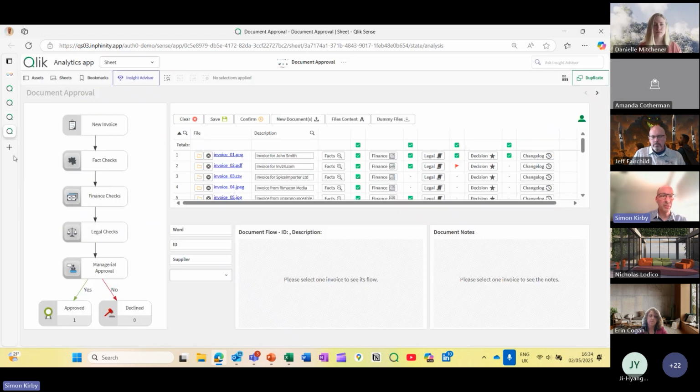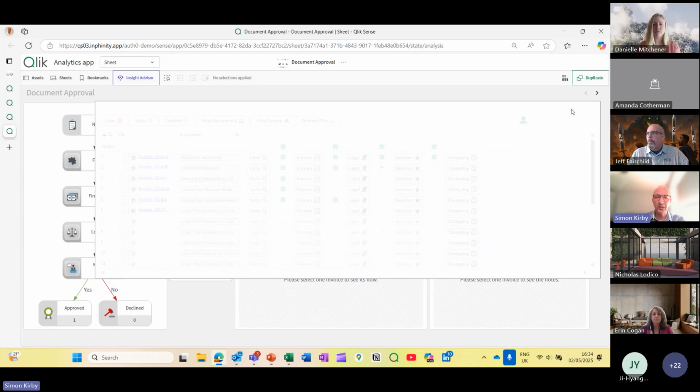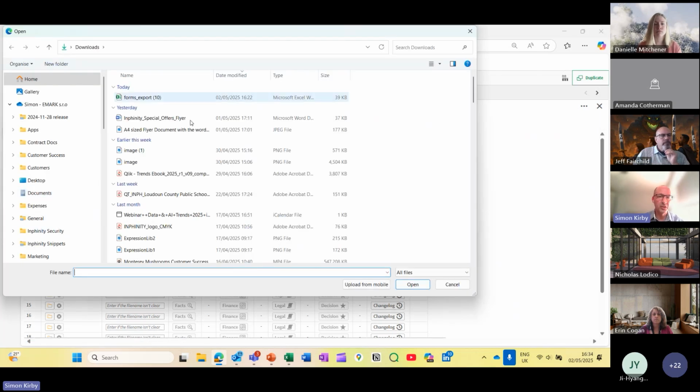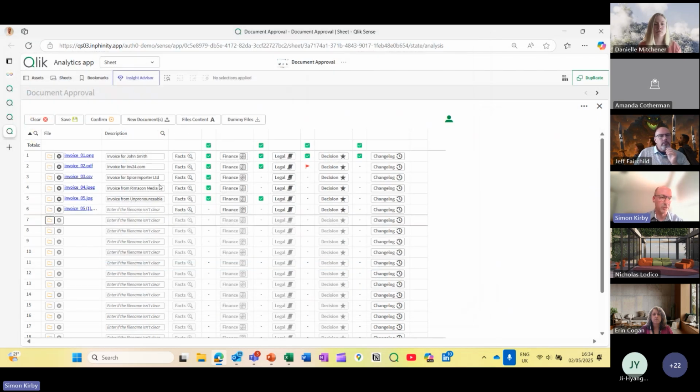Okay, I'm going to jump in quickly now to another way of doing reviews and approvals. And then we'll stop and take as many questions as people would like to ask. This is an interesting form because what we're looking to do is allow people to upload a document, and you can do this in Infinity. You can upload a document into here, choose anything, doesn't matter what it is, an Excel spreadsheet, a PDF, a CSV, upload the file, and then you can do some work against that file, okay?